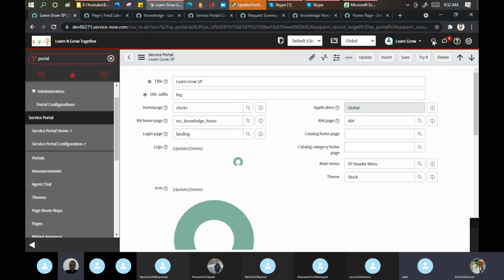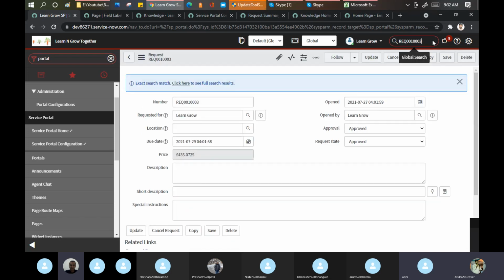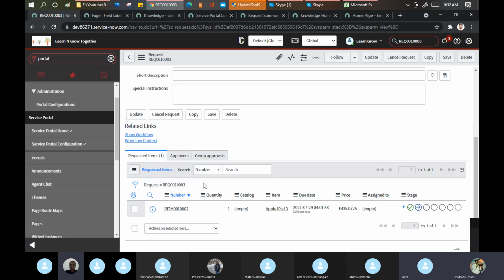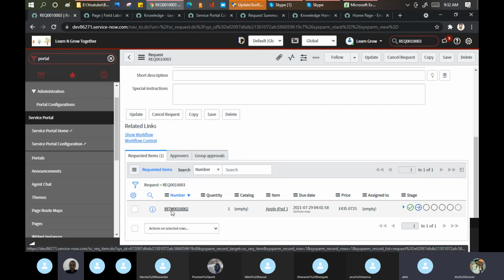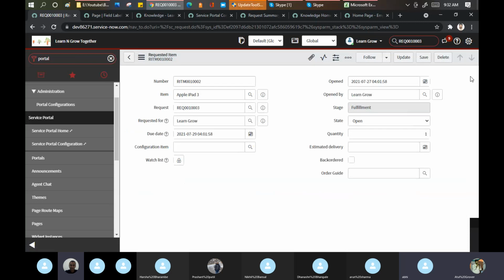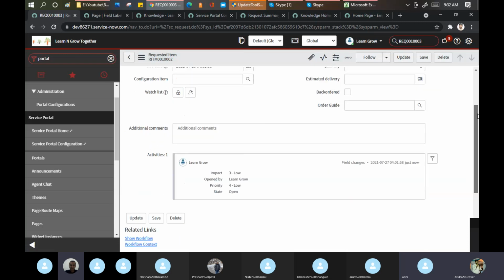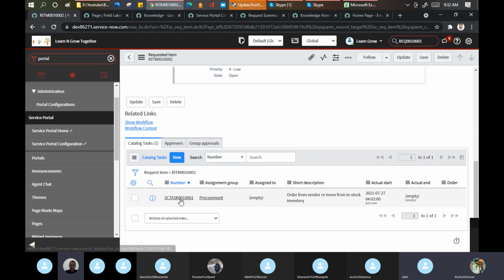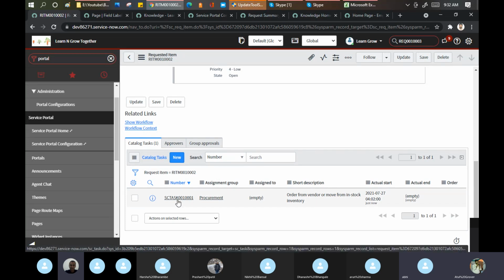We will discuss the main fundamentals, the process actually, in detail in tomorrow's call. This is called the REQ. If you scroll down, there's a term called the RITM. If I open this, nothing is there, and this is where the SC task, service catalog task, comes.